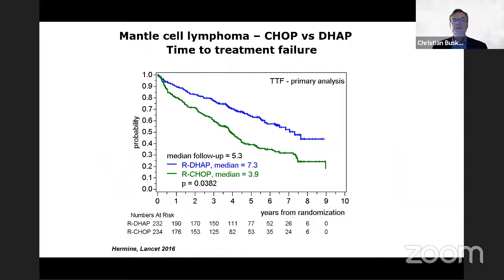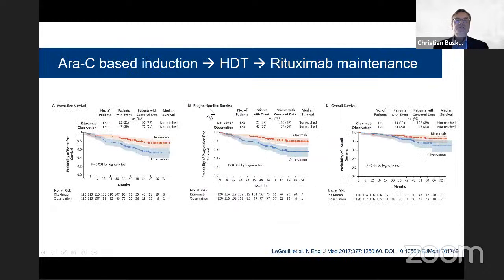Because the European Consortium did a large randomized phase 3 study where in the induction, they compared CHOP versus CHOP alternating with DHAP. And as illustrated here, so this was published 5 years ago, the R-DHAP containing regimen was significantly superior with regard to the time to treatment failure, so a clear advantage. So this large phase 3 trial was actually based on early phase 2 data from the French group, and